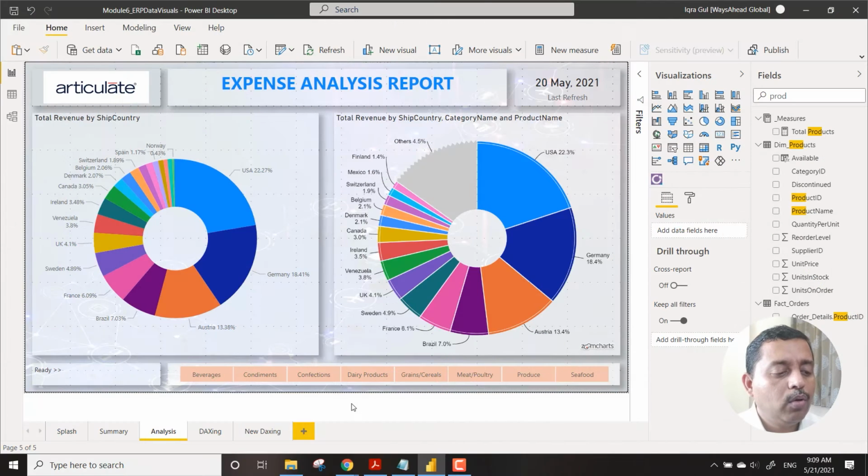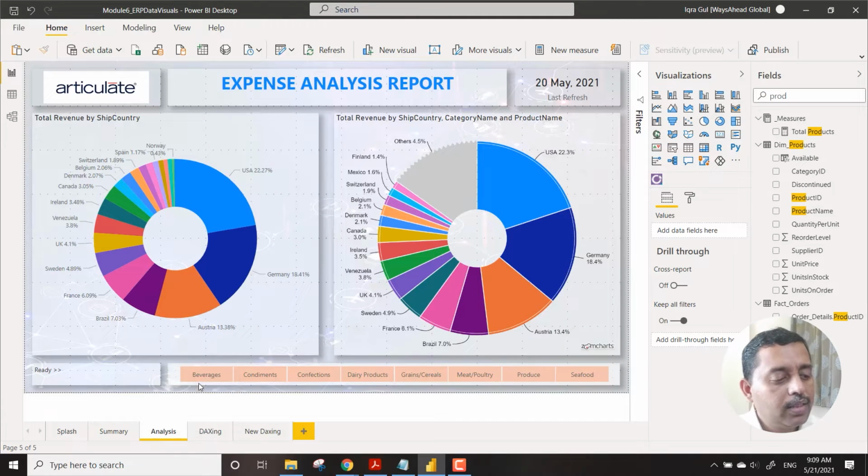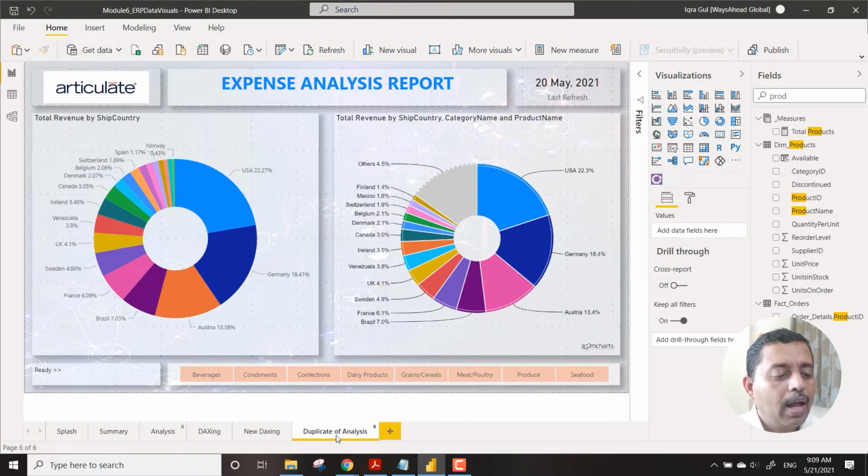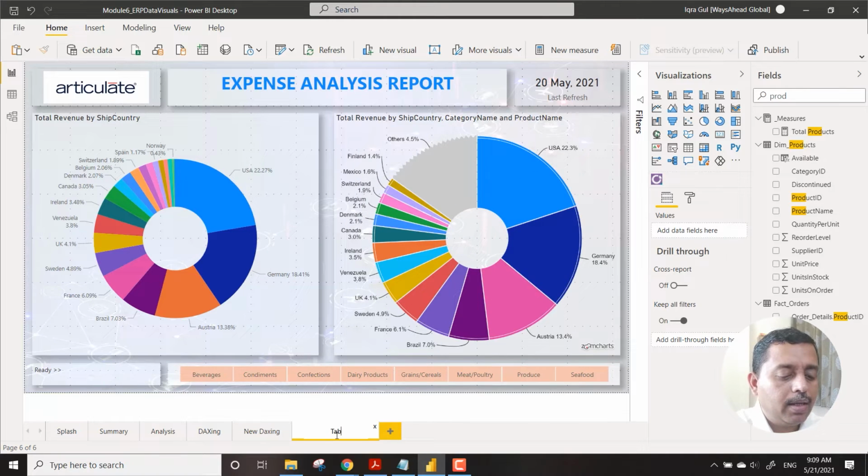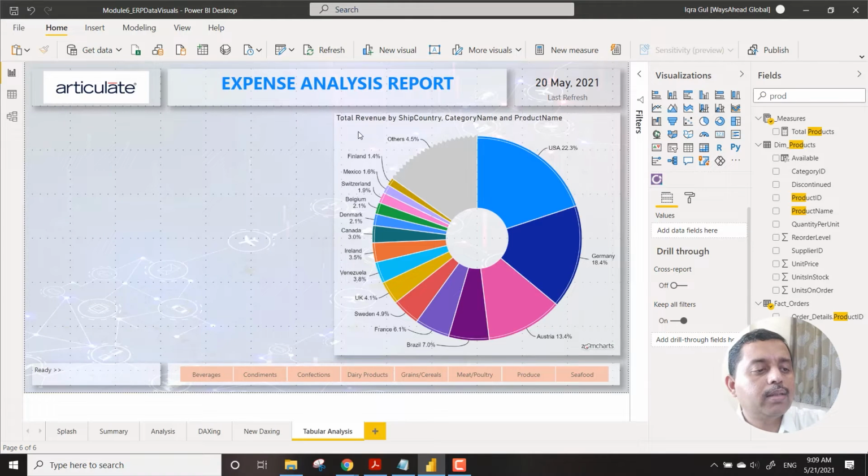So now we go back to our data and take up another section. We duplicate it, and this time we call it tabular analysis.